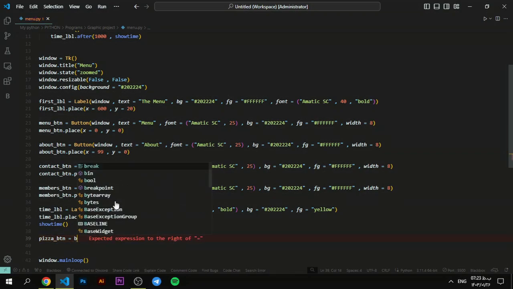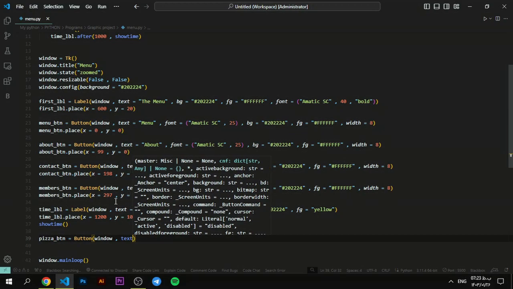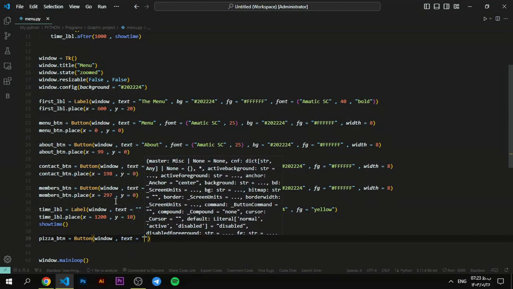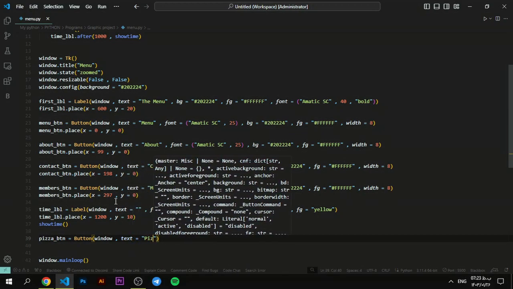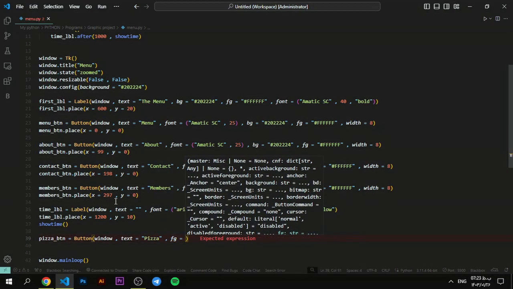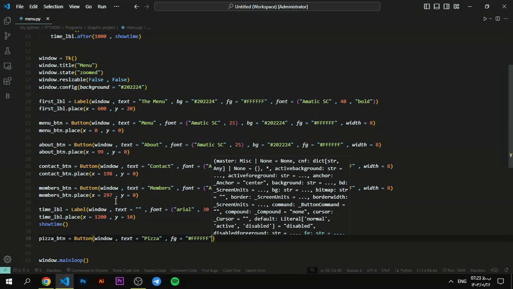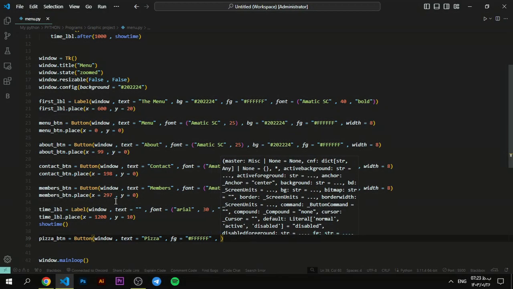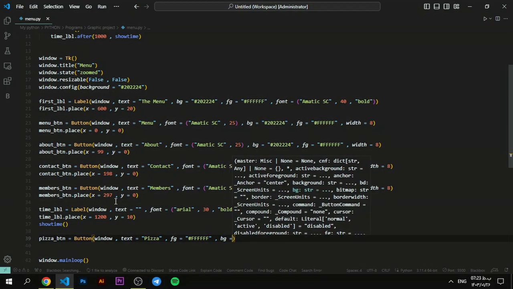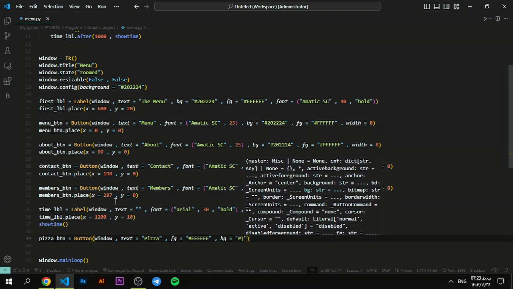It's a button in the window, and the text is pizza, and that's FG color is white, is sharp 6F, and that's BG color is black, is sharp 60,